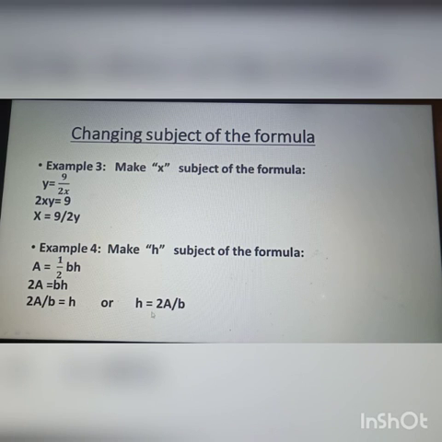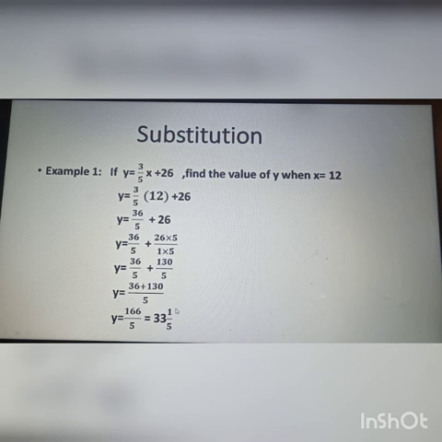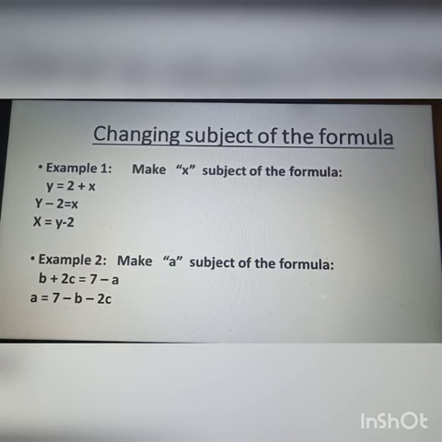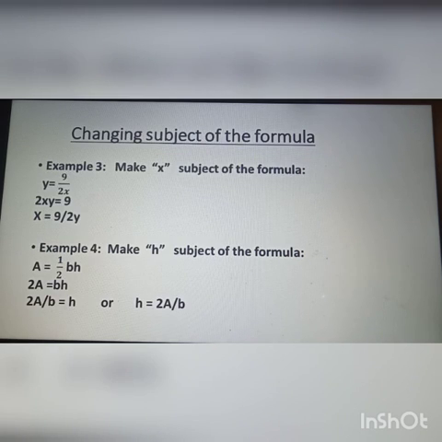Write it this way or this way. If an equation is there, you can interchange both the sides. h could be written on the left hand side and the answer could be written on the right hand side. So these examples are also done. So the first target, I hope, has been achieved. We have done enough work for changing the subject of the formula. Inverse operations are involved here.